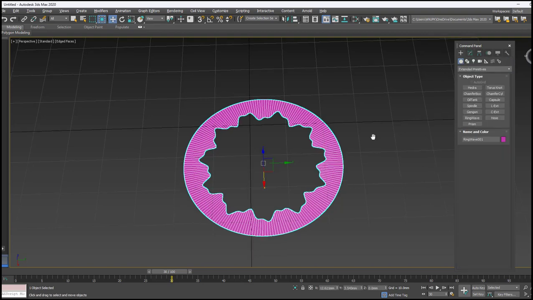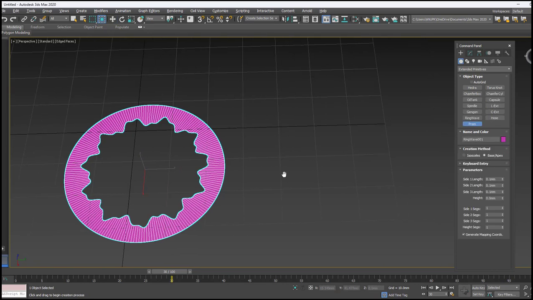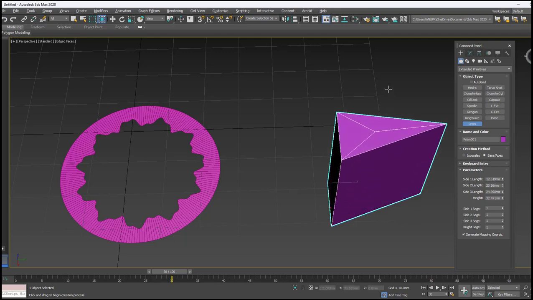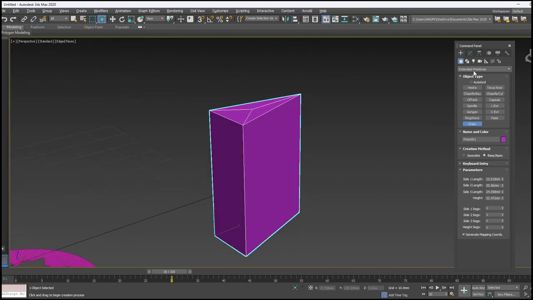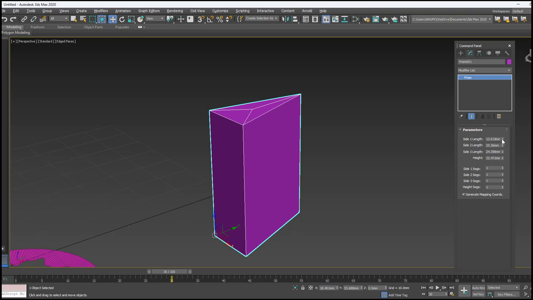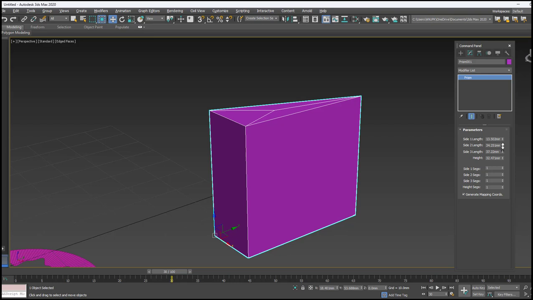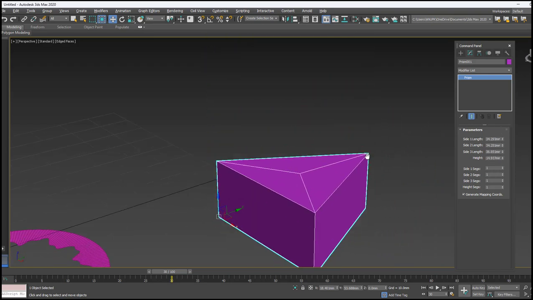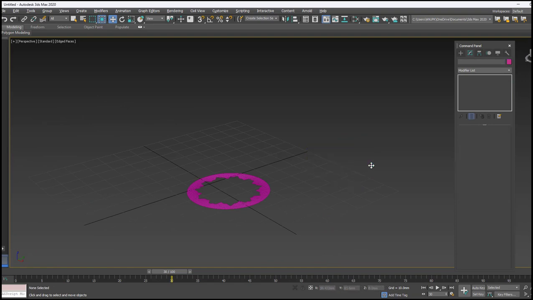Next one is prism: center or corner, next corner, third corner and then height. Click over modify: side 1, side 2, side 3 and then overall height and then go with the segment.